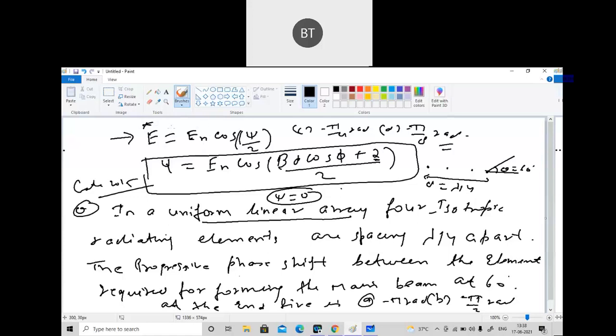So either in the RTU paper they will ask the derivation, or they will ask the numerical based on this antenna array. So if you are good in deriving this expression, you can easily solve this numerical which will come. So anytime any question will be there, just apply what we have learned. If you apply, you will surely solve that problem.